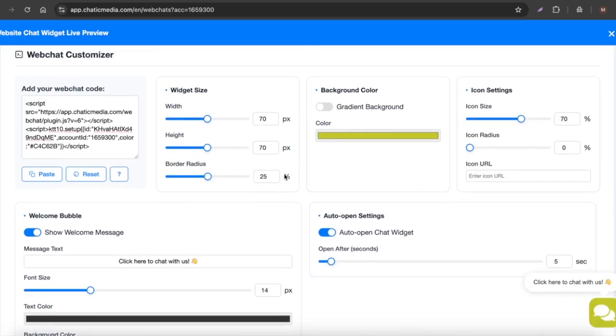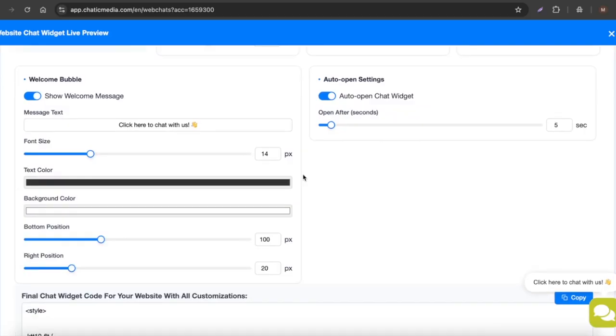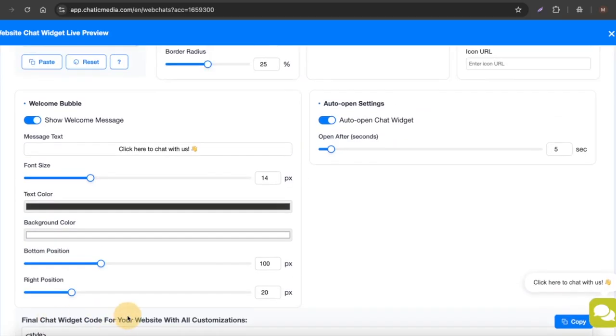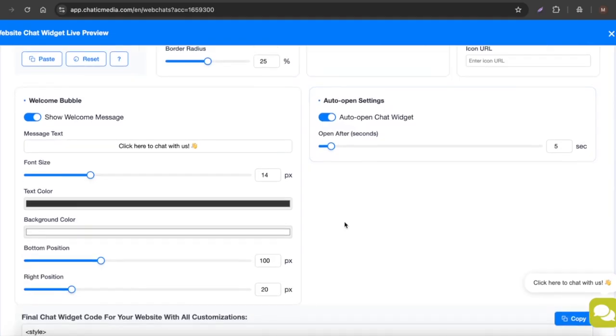Once you have made all these settings or customizations, if you scroll down, you will see the final chat widget code for your website. It will generate a code when you make any changes right here. You simply have to copy this code and install it on your website. That's it. I have just copied this particular code, and let me install it on a demo landing